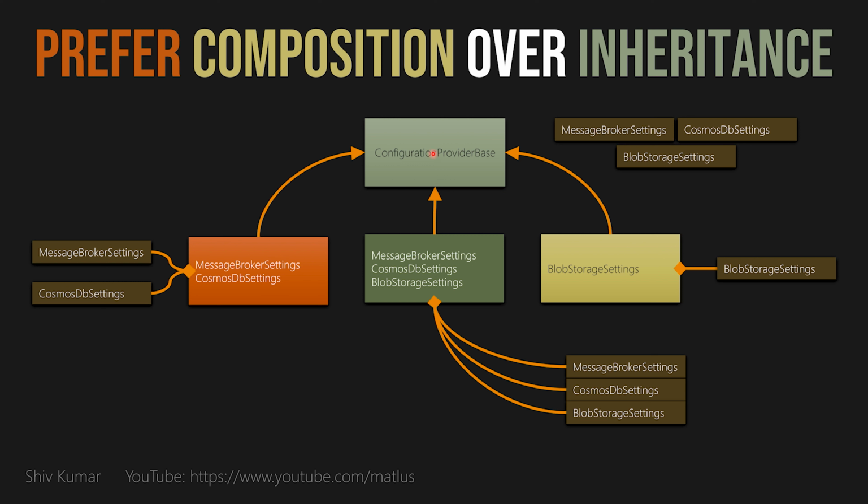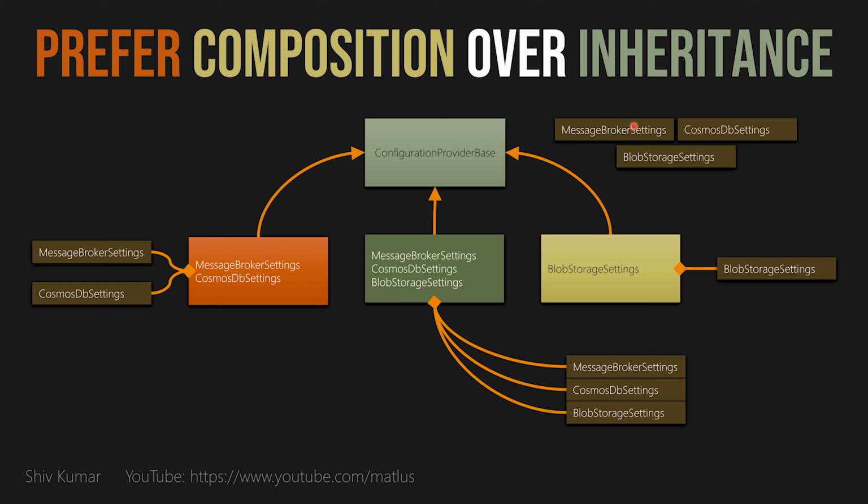So we have a config provider base, and then we have descendants. So we use inheritance, but again, it's more single level down, or there's a flat or shallow hierarchy. It's not a deep hierarchy. And each descendant can in turn decide to be composited from one of these three classes.